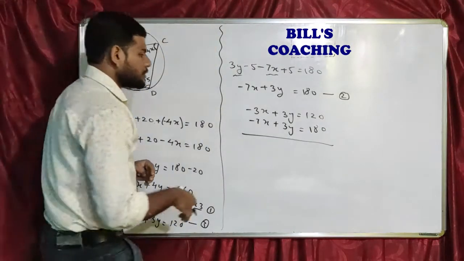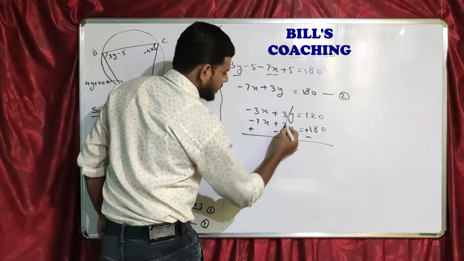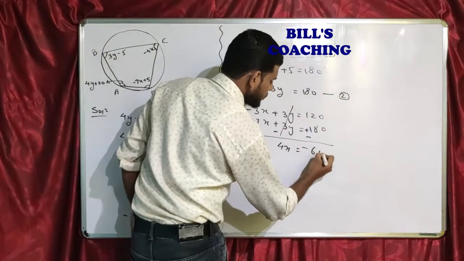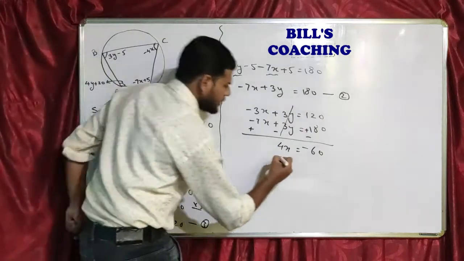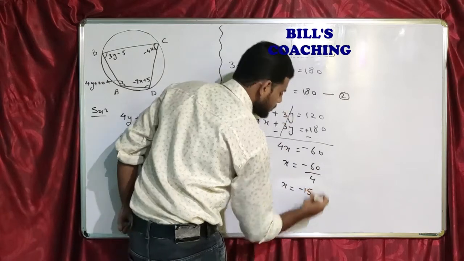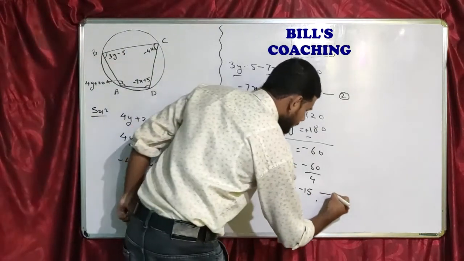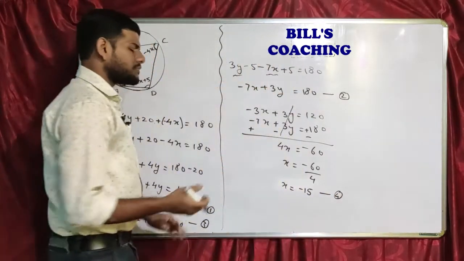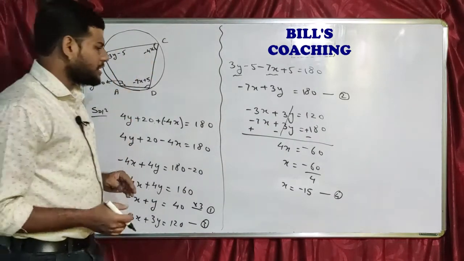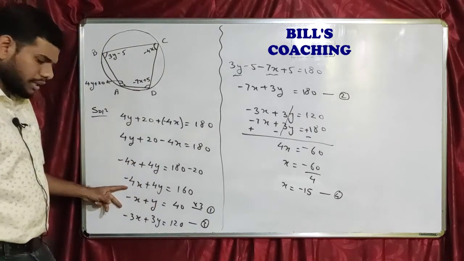Right? Solving these two equations, change of sign, this will get cancelled. What will remain is 4x, and here we'll get minus 60. Now we can easily find value of x, which is minus 60 upon 4, and x will come to minus 15. You just have to cancel it out. So we got one answer. Since now we have value of x, we can substitute this value of x in any of the equation, either 1 or in 2, to get the answer. For time being, let me substitute in equation which is simple. Okay, let me put this in equation 1 here.